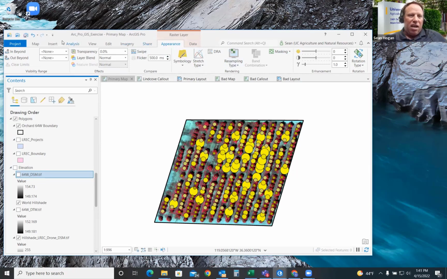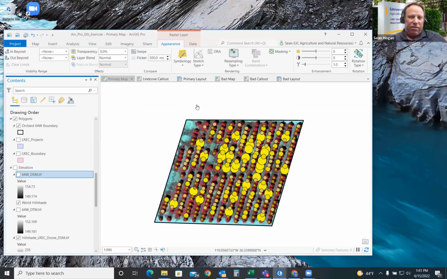Another interesting thing about this is, I'm noting the comments at the beginning about your skill level. Some of you are brand new to this, some of you are skilled GIS folks, and some of you might be skilled in ArcMap, the traditional ArcGIS desktop application, but are shifting over to Pro, since ArcMap is not going to be supported before too long.